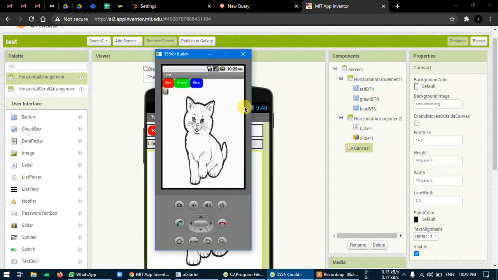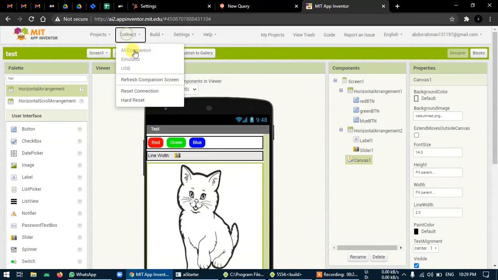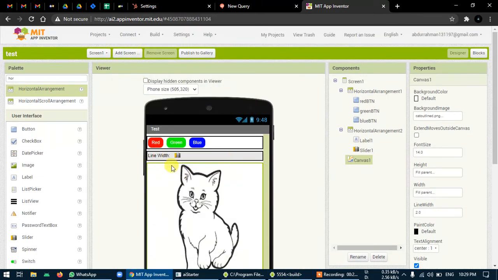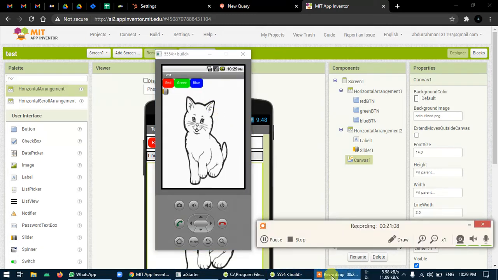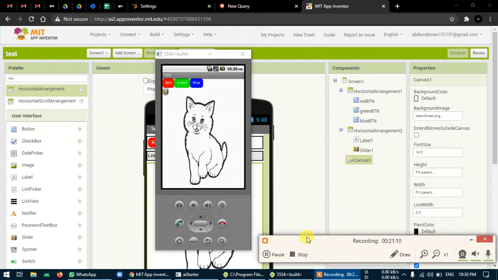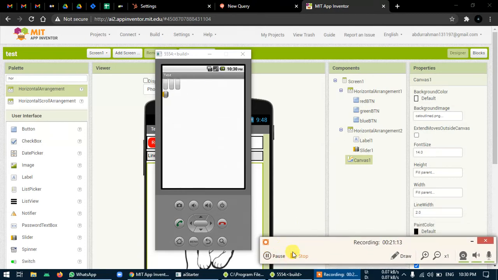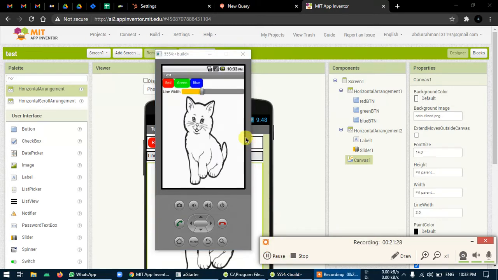Okay, we got it something. Okay, let me refresh, because we haven't refreshed yet, so that's why it's not coming with the label, line width label. So again, it will take some time to refresh. I just pause the video till then. Okay, it's taking a long pause to update the screen. Okay, now you can see the output here, that line width is a label, and we have this slider.